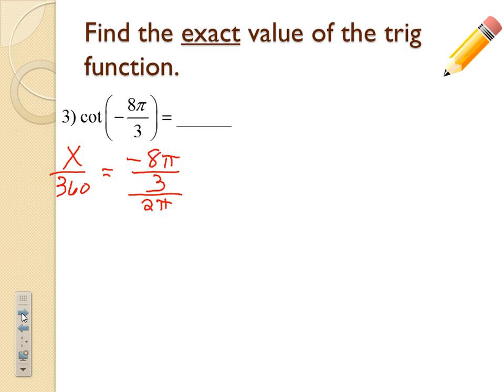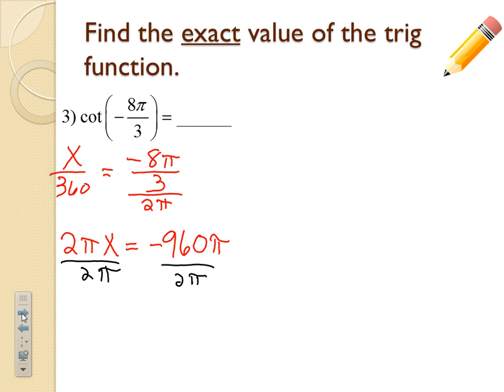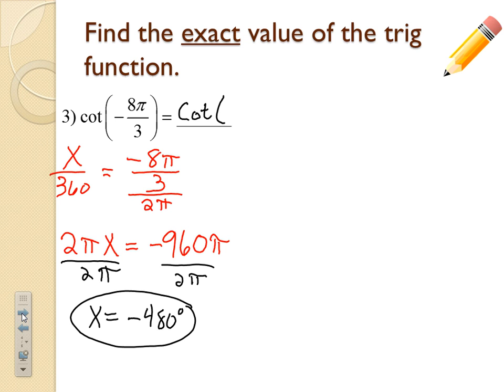Cross multiply, I'm going to get 2 pi x equals negative 960 pi. Now to solve this, divide both sides by 2 pi. And x equals negative 480 degrees. So now I'm no longer looking for the cotangent of negative 8 pi over 3. I'm looking for the cotangent of negative